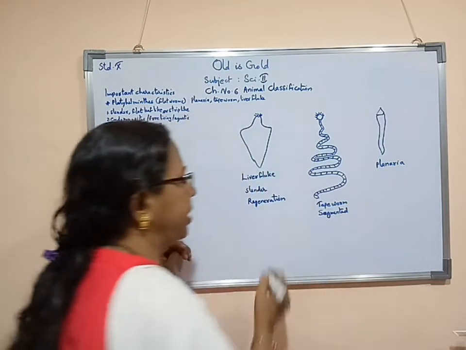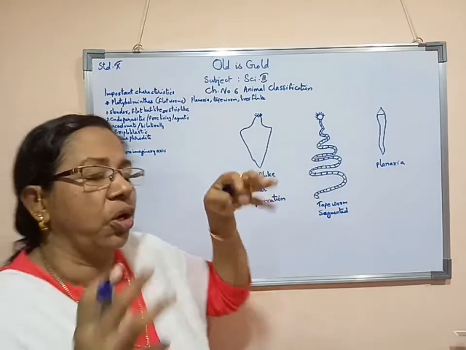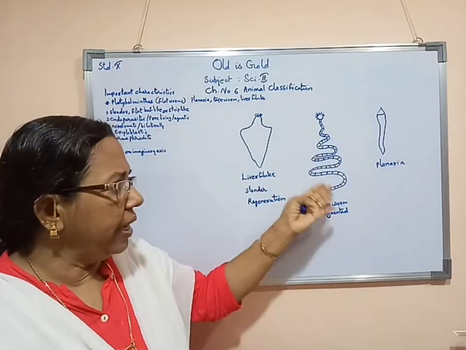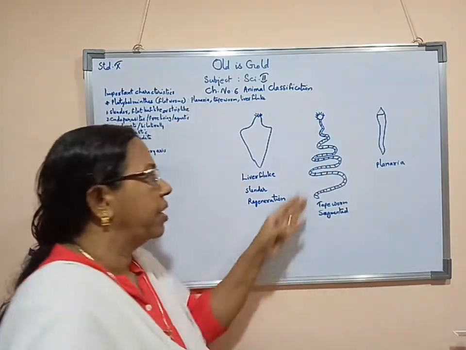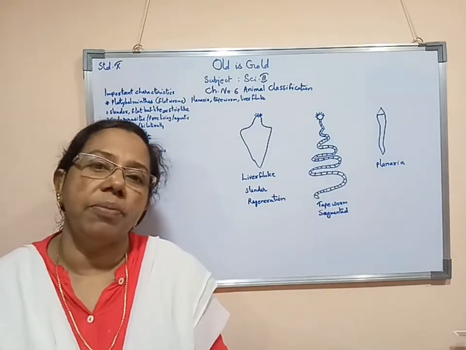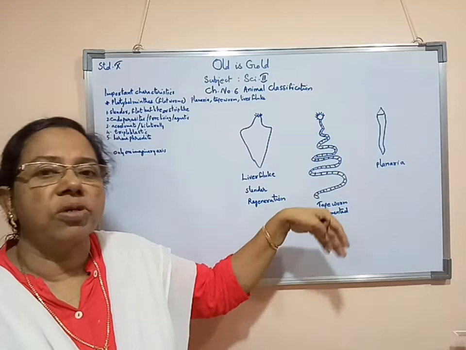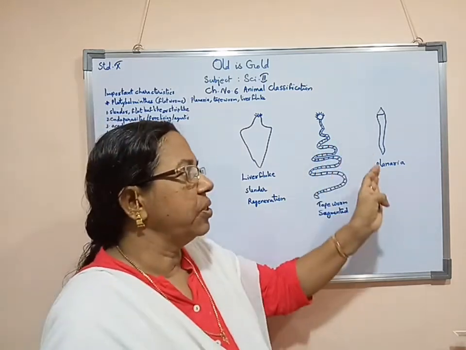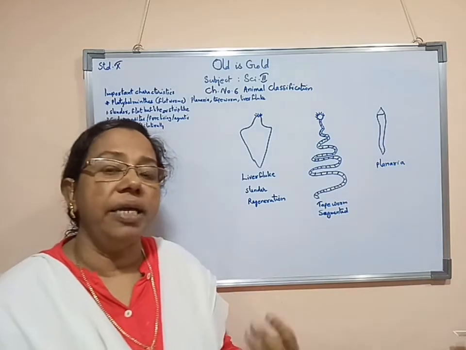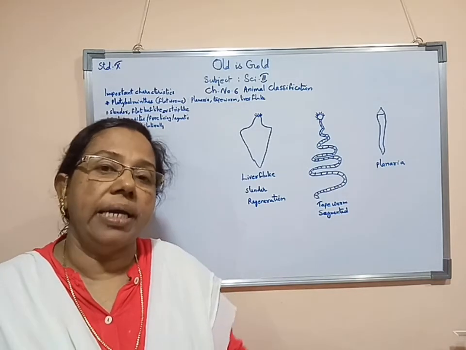Segmented body parts, we can see, pieces like a joint condition. If any part is cut and goes, we can say that this part is cut and disappears from its body. Again it is able to develop the portion which is already lost from its body. Similarly here also, in case of planaria, if any part of the body is cut and goes, again it is able